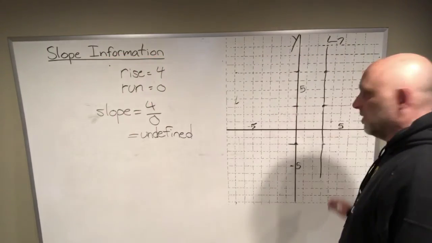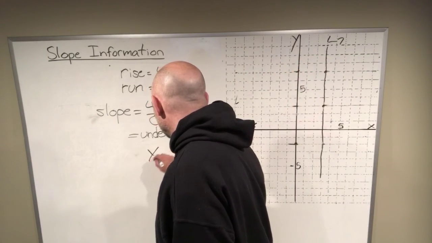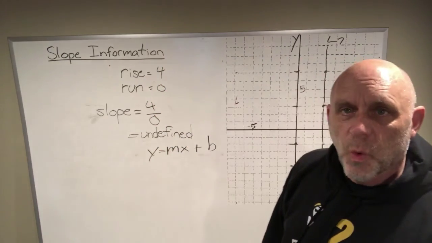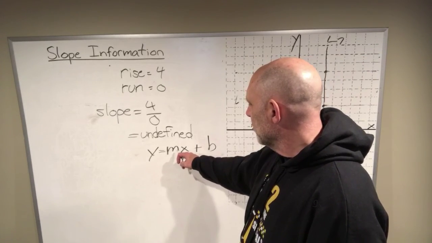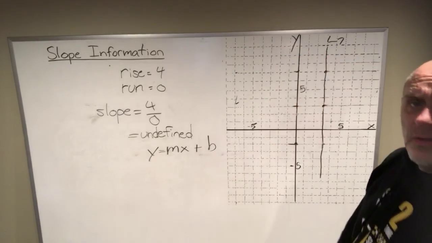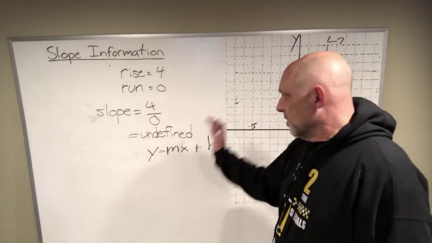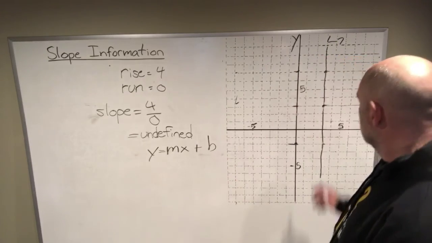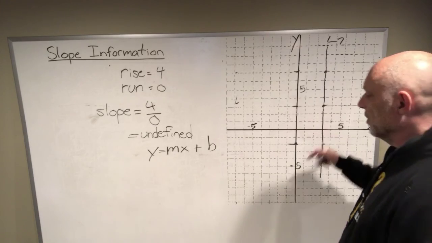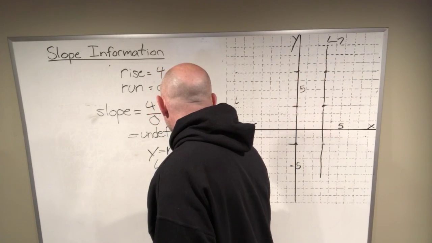If it looks like this, it can't be fit into the y equals mx plus b form. Why? Well, the slope is undefined. What am I going to do? Replace m with the word undefined? That looks stupid. Is there a b? No, it never crosses. It's parallel to the y-axis. It's not going to cross it unless it's right on top of the y-axis. So the only thing that we use is, where does it go through on the x-axis? This one goes through 3. So L7, its equation